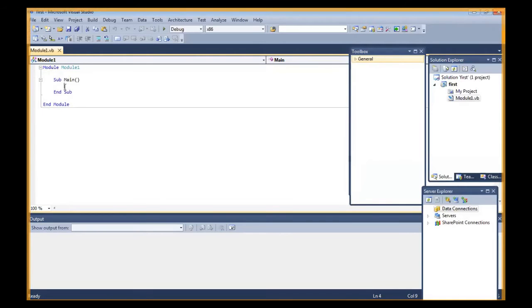So here, for IO type of operation, we have write line and read line commands. The write line command is used to display some text messages over the screen, and read line is a command which is used to accept something from the user. When you write a program over here, we can view the output in the show output window. So we will write a simple program which will display welcome to VB.NET.